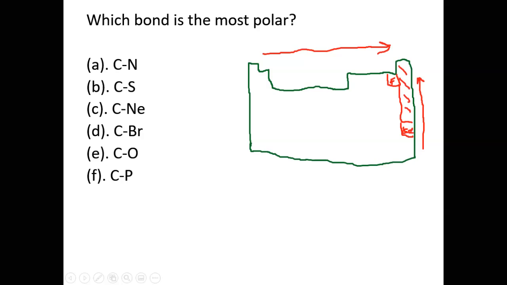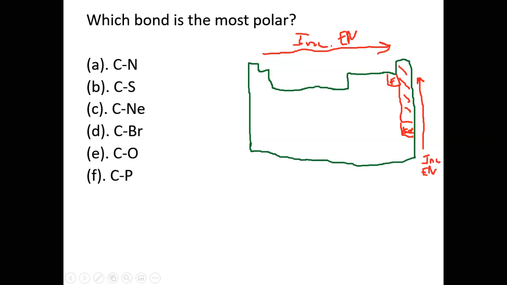And so we want to look, so electronegativity increases this way. And it increases this way up a group as well. So we want to look to see which element is the closest to fluorine. That's going to be the one with the greatest difference. It's going to be the one with the most electronegativity, hence the greatest difference in electronegativity, aka the most polar